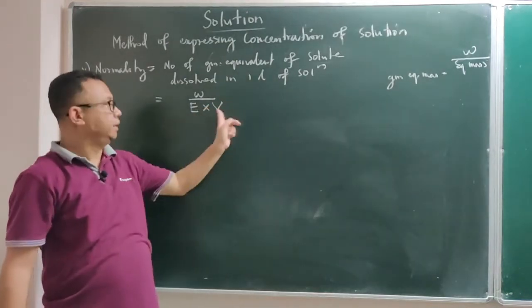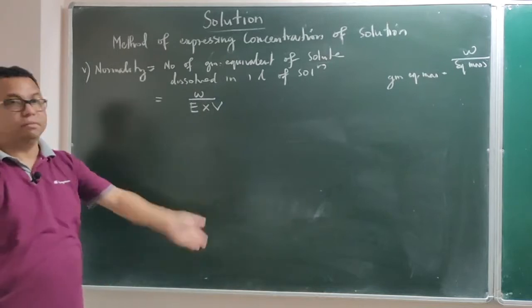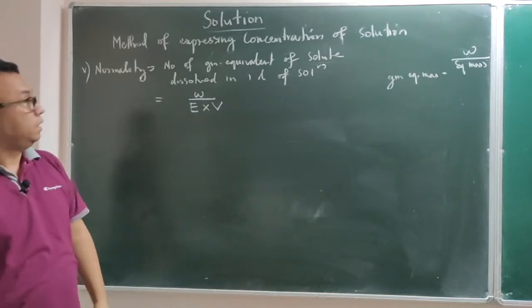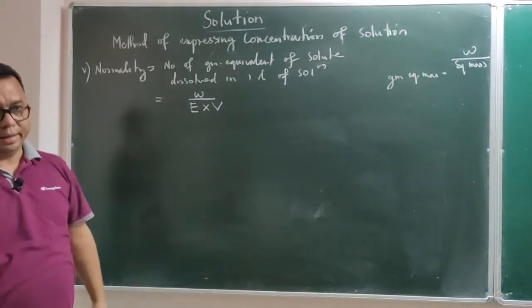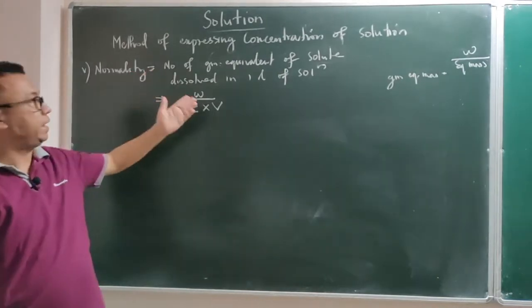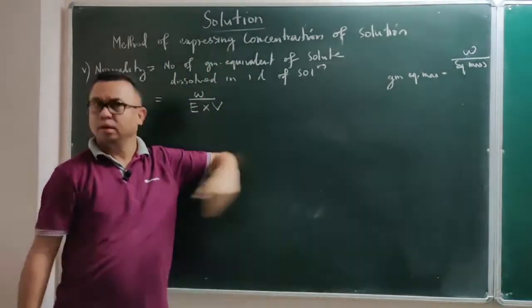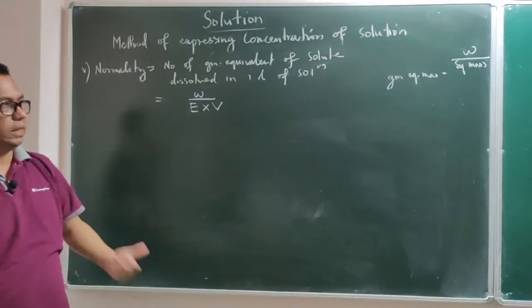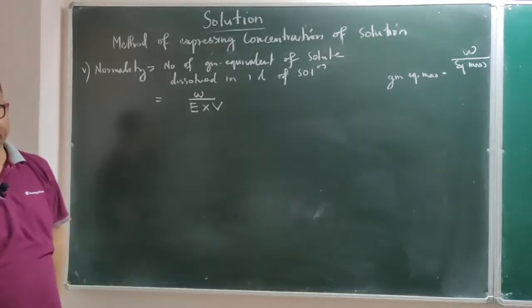As you can see, liter. In case it is given in ml or cc, convert it into liter. This is what is normality. Then comes formality. I am not going to do anything now. Same in formality, it is number of formula weight. But since you will hardly come across any numerical where formality is asked,